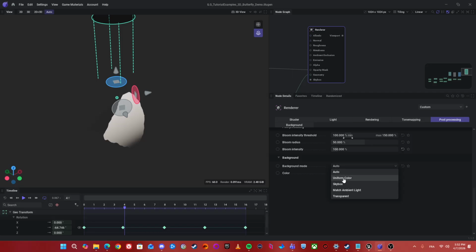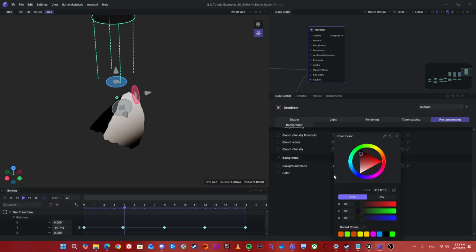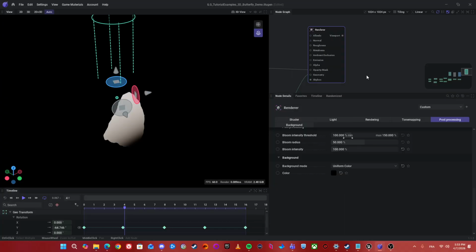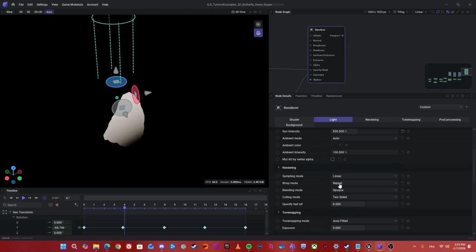Then you change it for uniform color, and then you set the color. This one is pretty confusing because the color over there is gray, so it's gray on gray, so it's not visible right away, but it is there. So click on it and then set it to fully black. And now you get some kind of fade out over there,